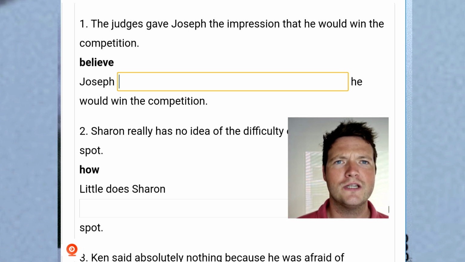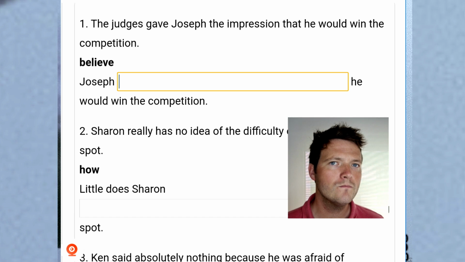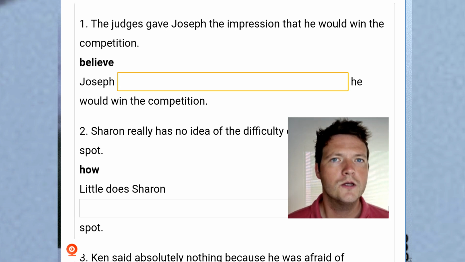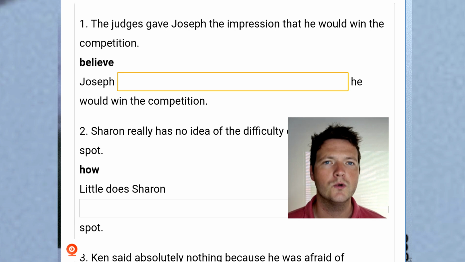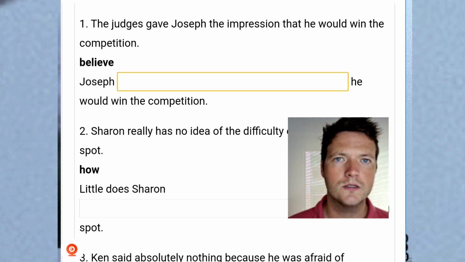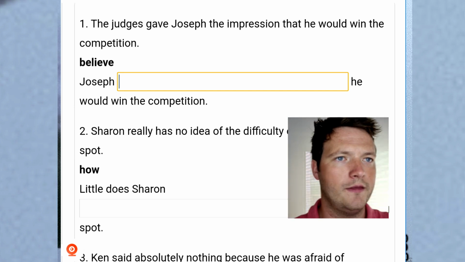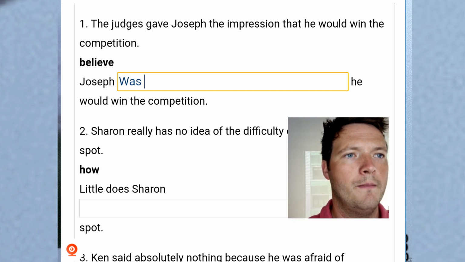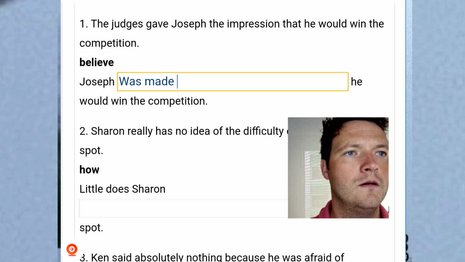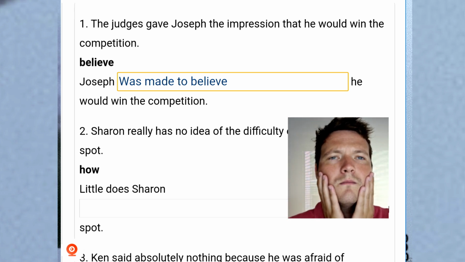Number 1, the judges gave Joseph the impression that he would win the competition. Okay, so believe. Joseph believed he would win the competition. So it was the judges that gave him that impression. So, right, I think I've got it. So I think it would be Joseph was made to believe, Joseph was made to believe,